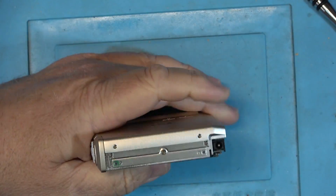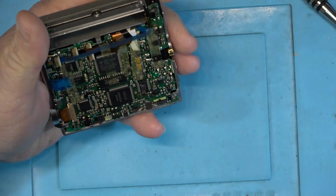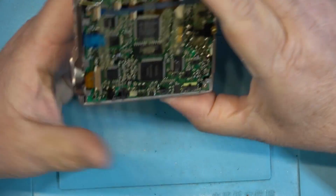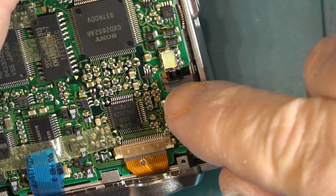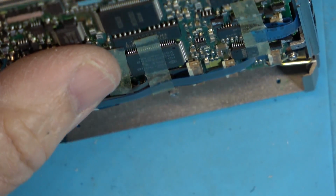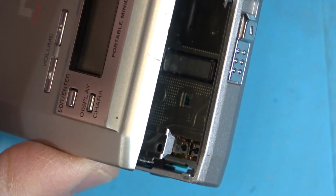This one here looks like it's been dropped too. If you look at the dent in the back cabinet here, that's usually what happened: they got dropped and things got bent or broken. I'm pretty sure this is the switch right here that gets activated when the door is closed, not the ones on the left side. I was thinking it was these switches over here, but I think those are just the